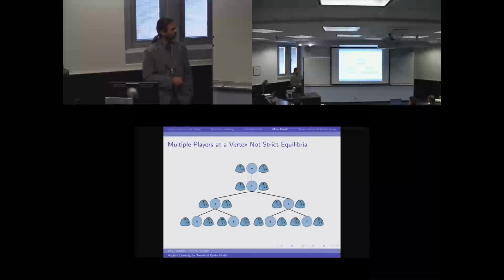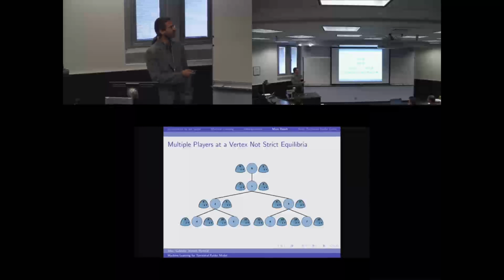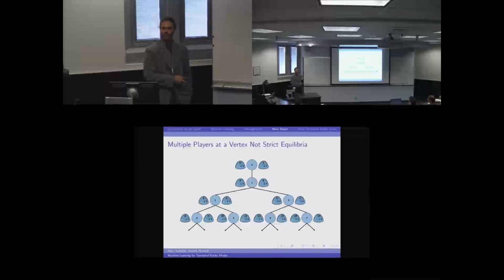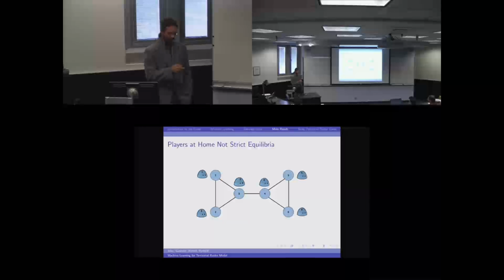So very soon you can see how it grows, and we know that no population is infinite. So once you have a finite population, it is clear that something like that cannot go on forever. So the only option for strict equilibria to occur in this particular game is that there is just one individual at each vertex.